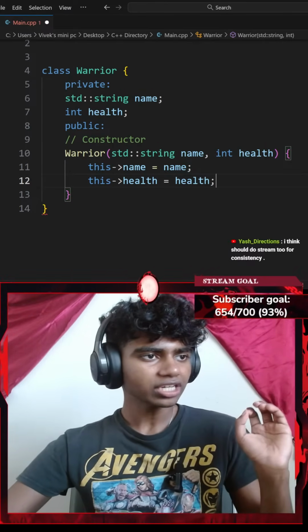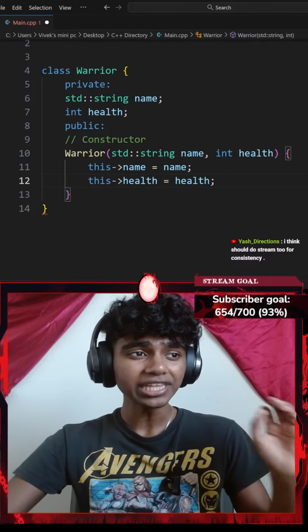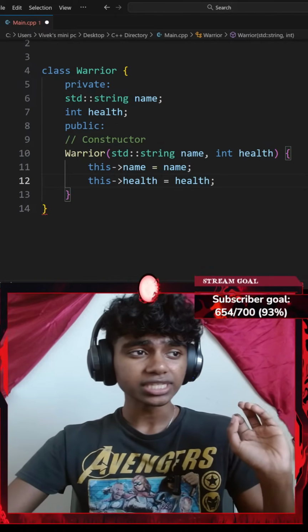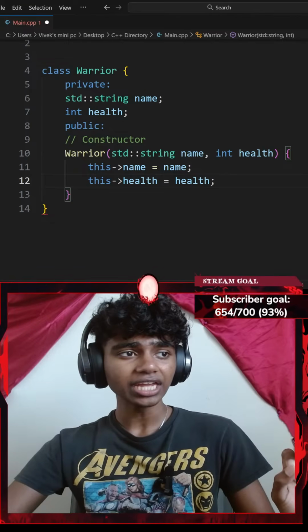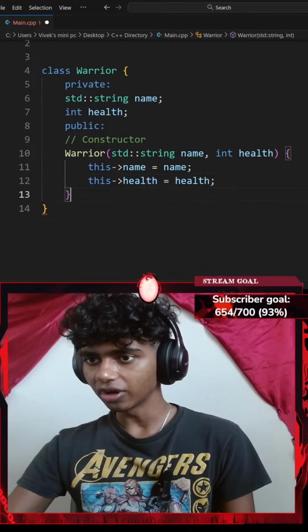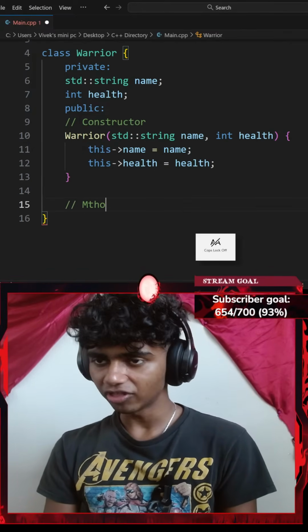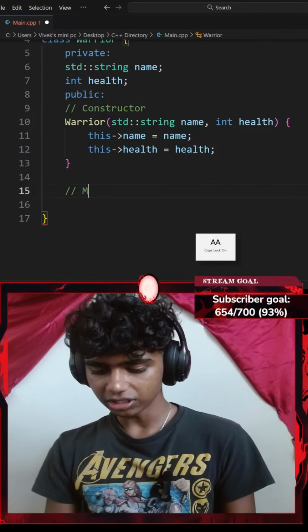Okay, let's see. Create a constructor this to initialize both members, then create a function called display that prints the warrior's name and health. Then create a display function. Okay, so I gotta create a display method. Let me go ahead and do that. Maybe I'll add a comment that says something like methods. Okay, for my methods,